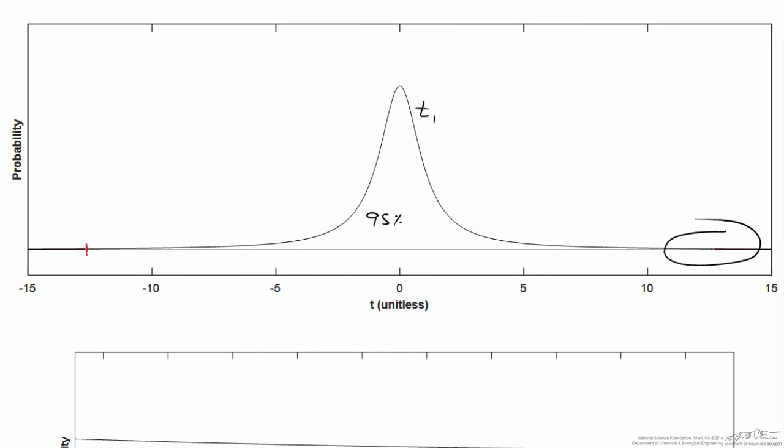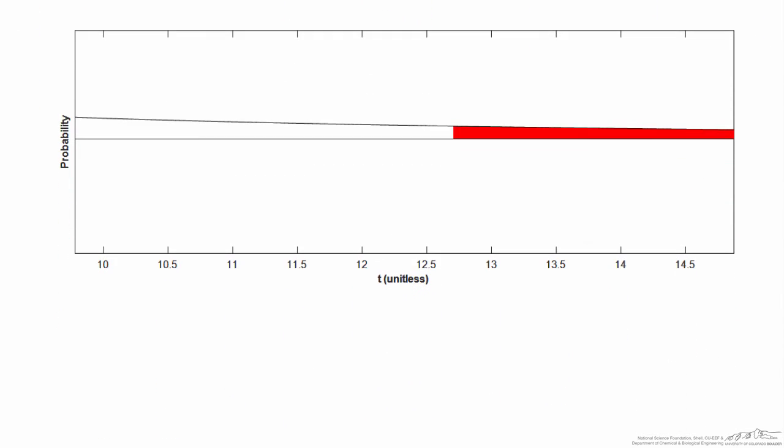So let's zoom in on a region right around here. In this graph, I've done so. I'm showing the right-hand tail where I've got 2.5% of the area on the right, and that just extends out to infinity to the right. For this critical value of t right here, we'll use the notation t with 1 degree of freedom and a value of 0.025, which means 2.5% of the area is to the right of this value. And I look that up in a table, or I use a computer to calculate it, and I come up with a value of